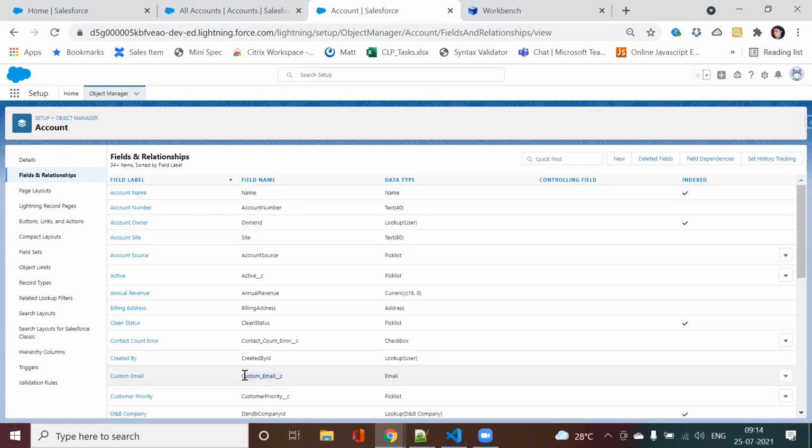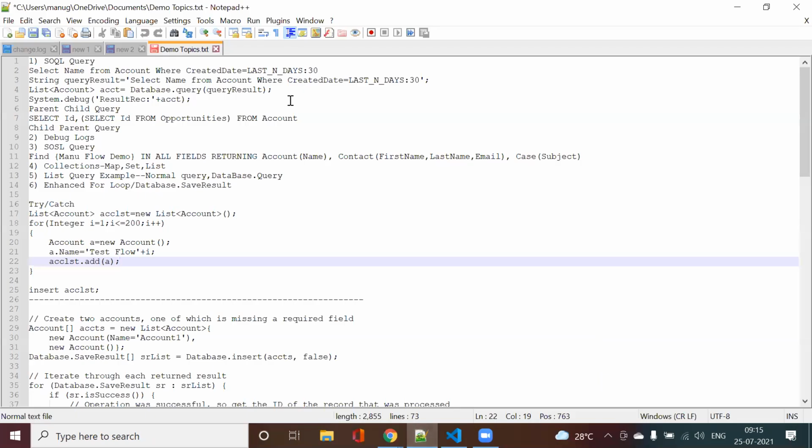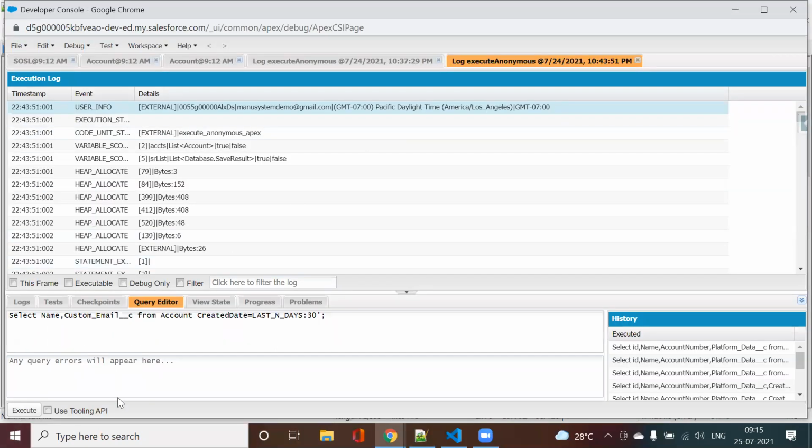Okay, so this is what I mean by saying that I need to write the API names of the query. So I will write like this, from account, and maybe we can query the number of records which are created in the last 30 days. I have the syntax with me. Okay, so the where keyword got messed up? Oh yeah, sorry. Yeah, I understand.